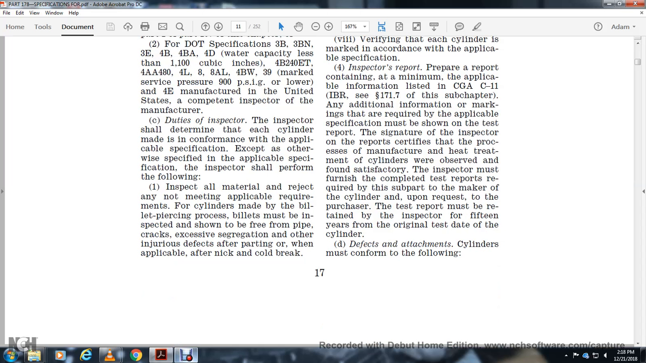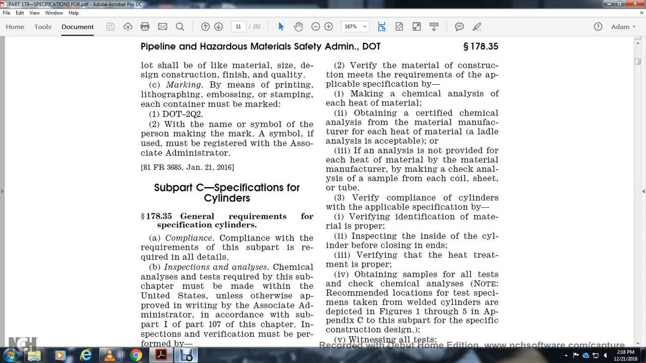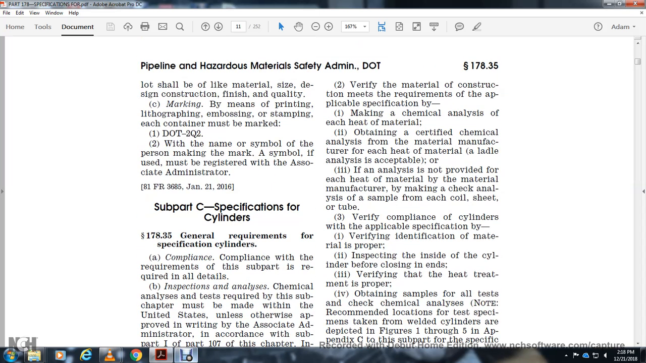The inspector must determine that each cylinder the maker produces conforms with the applicable specification, except as otherwise specified by the applicable specification. The inspector shall perform the following: inspect all the materials, rejecting any that do not meet the applicable requirements. For cylinders made with the billet piercing process, the billet should be inspected, showing that it is free of pipe, cracks, segregation, injurious defects, or, when applicable, nicks or cold breaks. Verify that the material of construction meets the requirements for the applicable specification, by making a chemical analysis of each